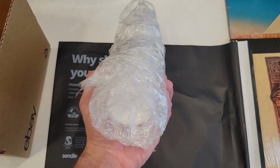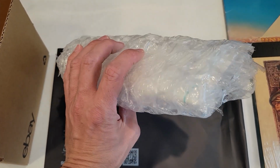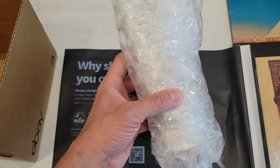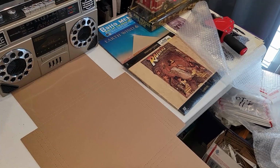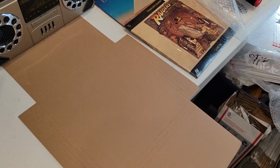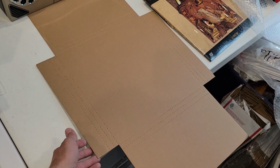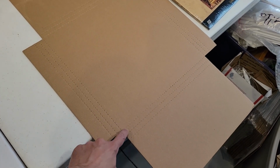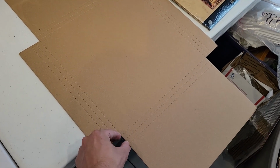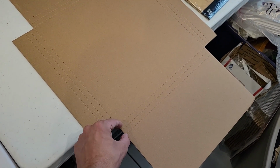So just a tip for liquids, or it's not really a liquid, but kinda. All right, let's do a record, laser disc, whatever. So I have these record mailers. Basically, they'll fit a couple or up to 5 or something like that, I think, if you fold them over